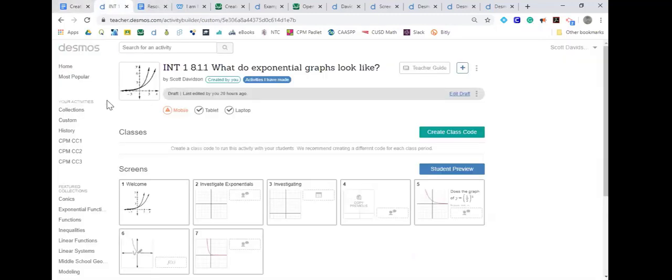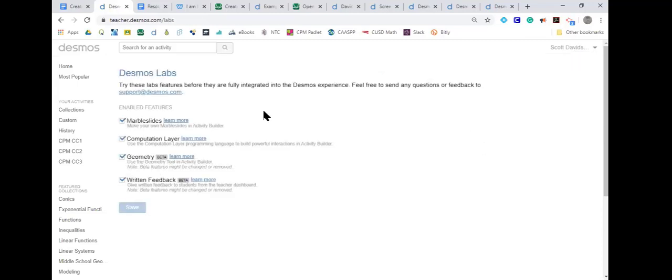Let's see. I think it's under your name. Yeah, you're going to go up after you log in. And I didn't mention this, but I would recommend always logging in with a Google account. I have my Clovis Unified, because then you don't have to remember your password and forget it. But up here, they have under Desmos Labs, you can add in these features. They're not automatically given. So marble slides, it then becomes an option in your activity. You'll need to open up the computation layer if you're going to do the coding to it, the geometry, and then that written feedback is the one that just came up in the last couple of weeks, where in the teacher dashboard, when you're doing the activity,